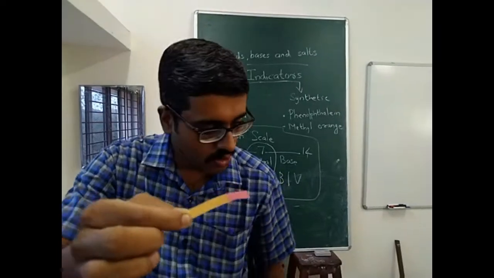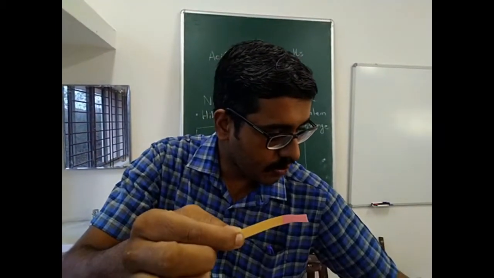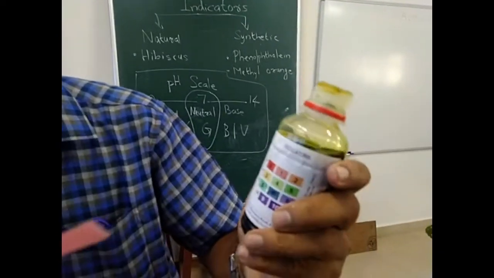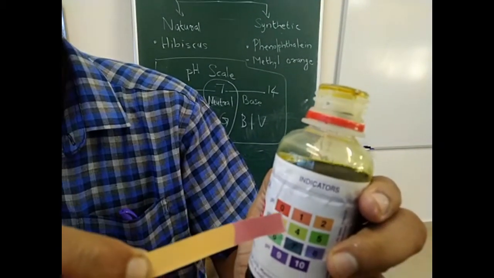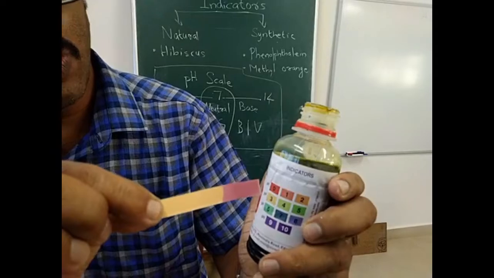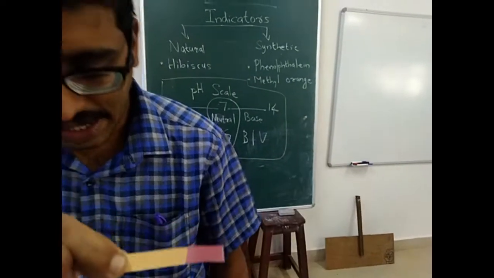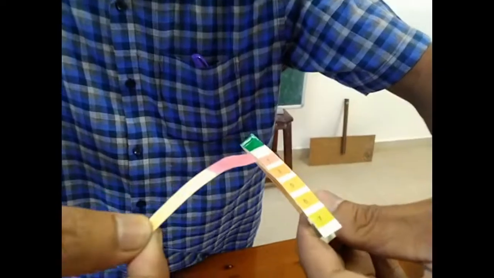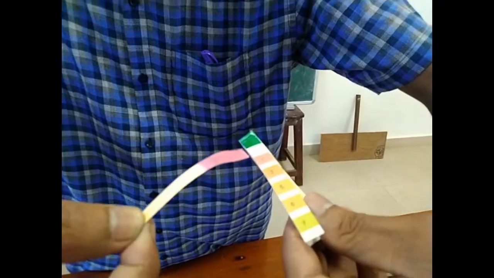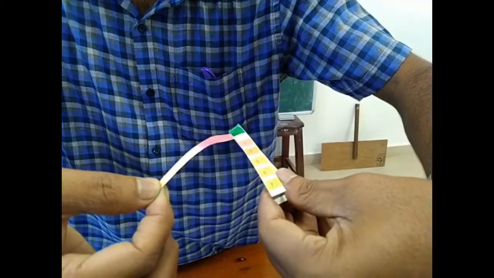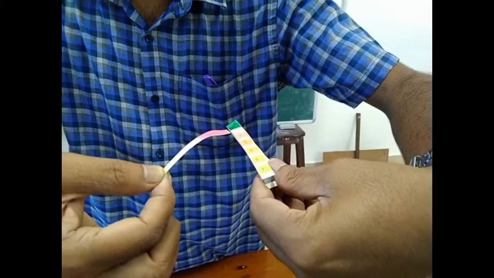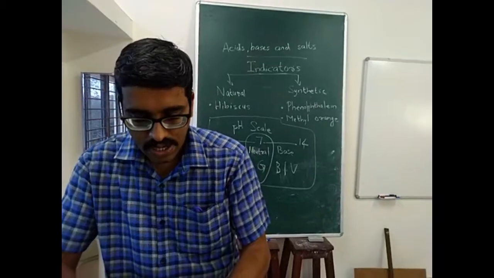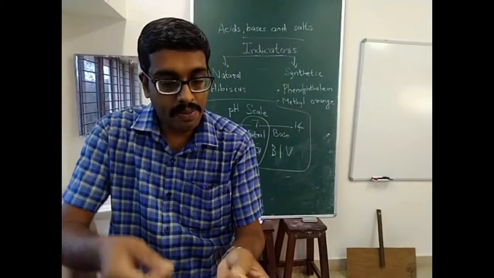So what is the solution likely to be? You can see, maybe pH 1, it is somewhat similar. pH 1 means the solution is an acidic solution. In this also you can see the coloration is somewhat equal to number 1. It is marked here. So the pH of the solution is 1. It indicates that it is an acid. So now I am using the other portion. I am clearing it up.